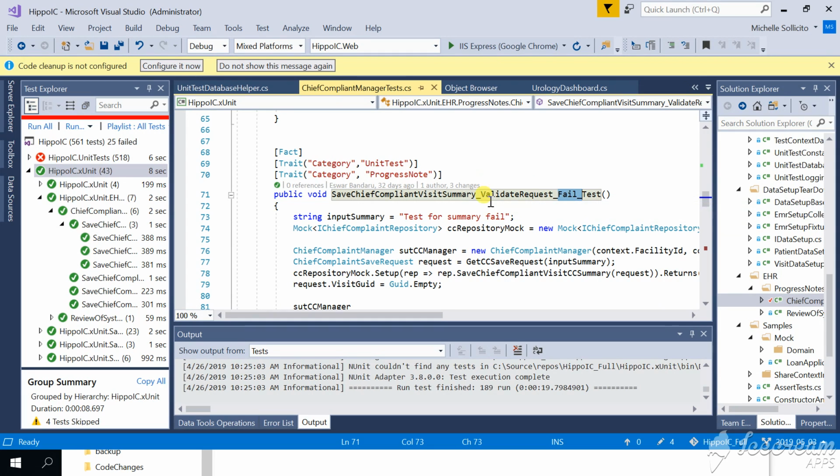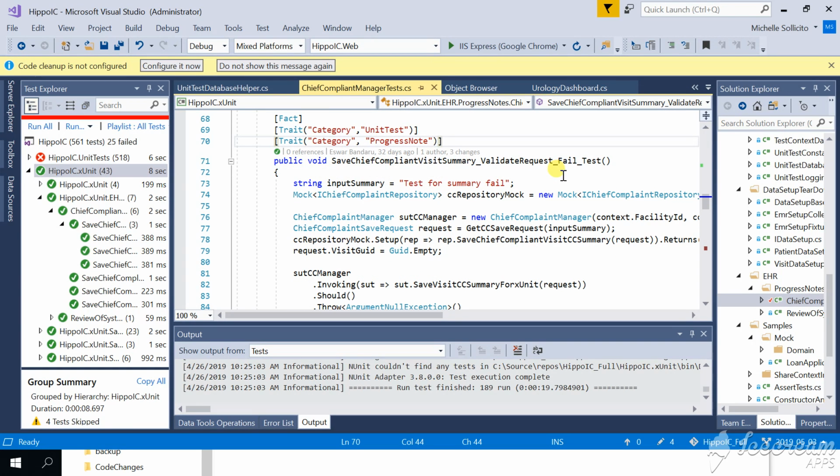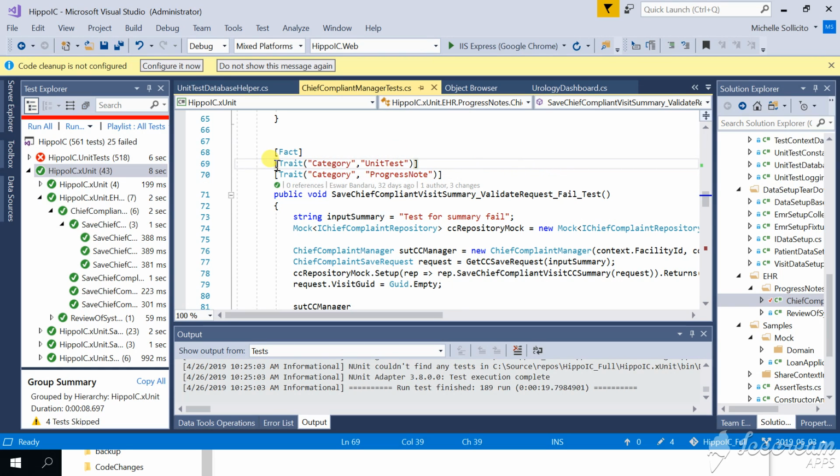So we need in each case to test at least that the method succeeds or the method fails. That would be the minimum to test. The best thing would be to test every route through each function, each method, if we can. So in this case, for example, there are two categories that we're going to, this test is